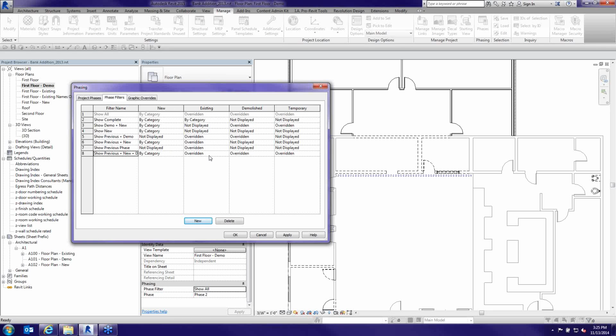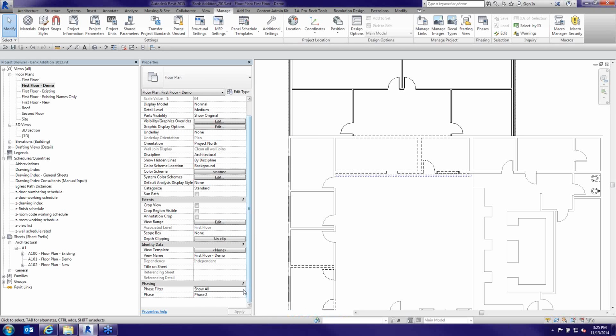How do I want to see existing? I want to override it. I want to override demolish, but I do not want to see temporary. So show previous, new, and demo. Now I can come back to this view, grab my show previous, new, and demo, and boom, the temporary object disappeared. So Revit's taking all of that into consideration for you as long as you're using those